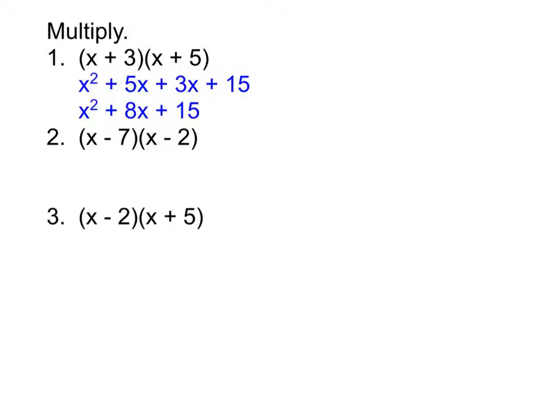All right, for doing 2 and 3, we do the exact same process. Go ahead and multiply everything in the first parenthesis by everything in the second parenthesis. When you do that, this is what you should have come up with for each. So number 2, you end up with x squared minus 9x plus 14. In that case, in order to get the minus 9 in the middle, we're doing negative 7x minus 2x. And then in the case of number 3, you can see we get x squared plus 3x minus 10. We get this 3x in the middle here because we do negative 2x plus 5x, which gives us a positive